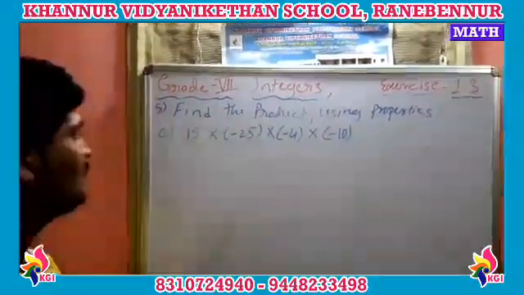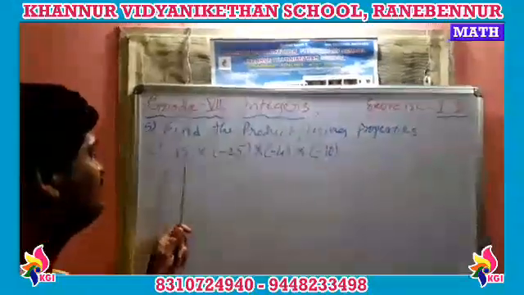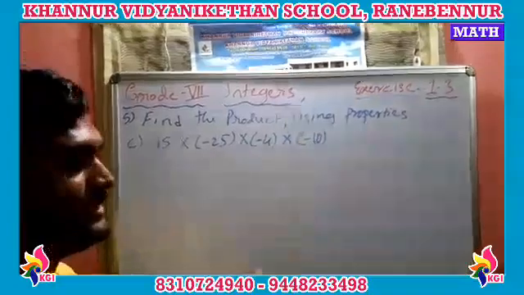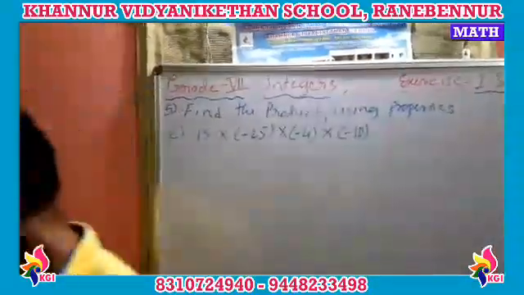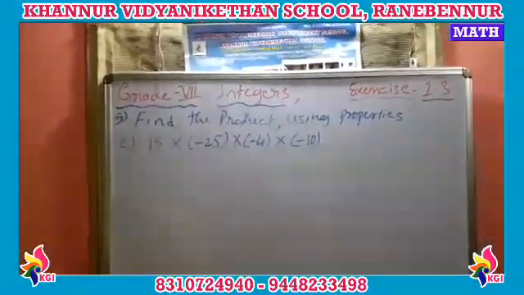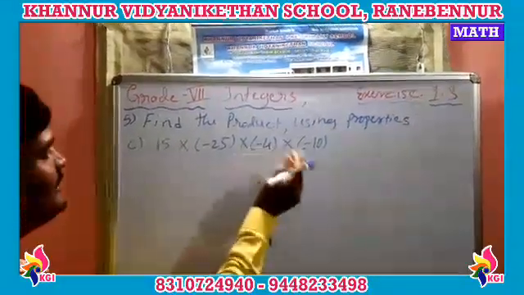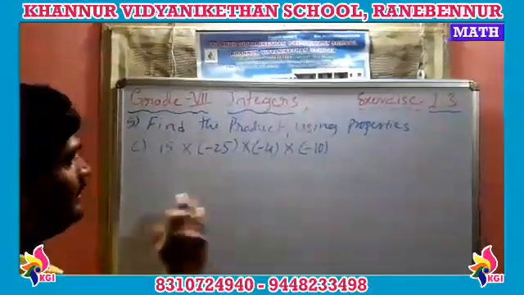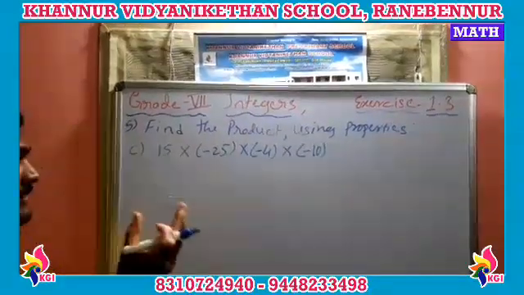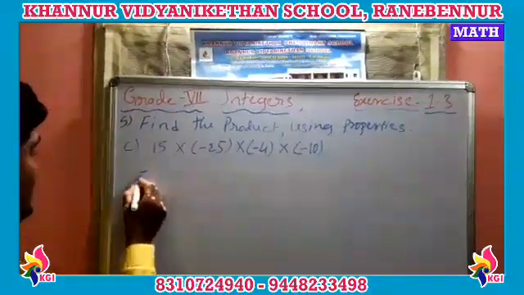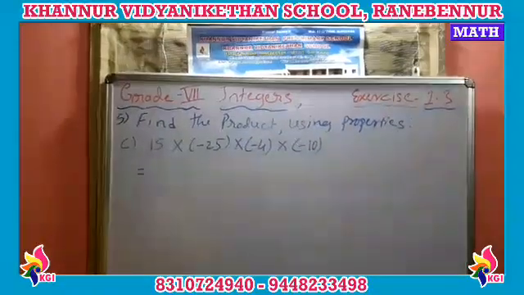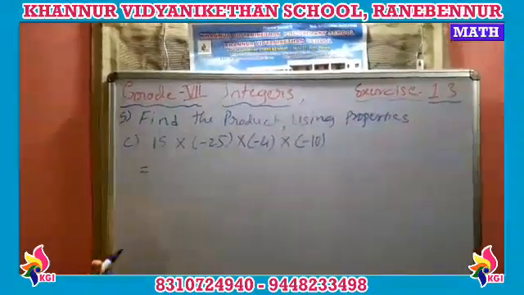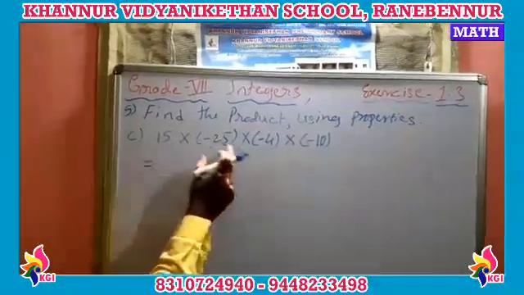Now we are supposed to go for part C, that is 15 into minus 25 into minus 4 into minus 10. Check it out, children. Is there any common number in this? No, sir. Right? So now we can go for the next property, that is to rearrange. When we rearrange, we need to have something common. So for this 15 into minus 25...